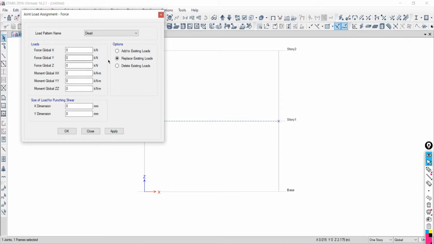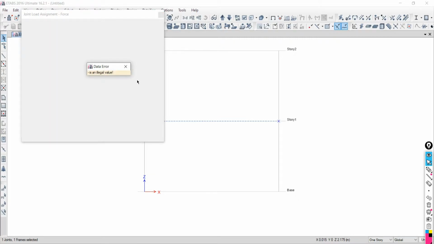Is there any? No, sir. That's why while assigning the value, we put the minus sign to show the load is vertically downward. But when you look at this window,